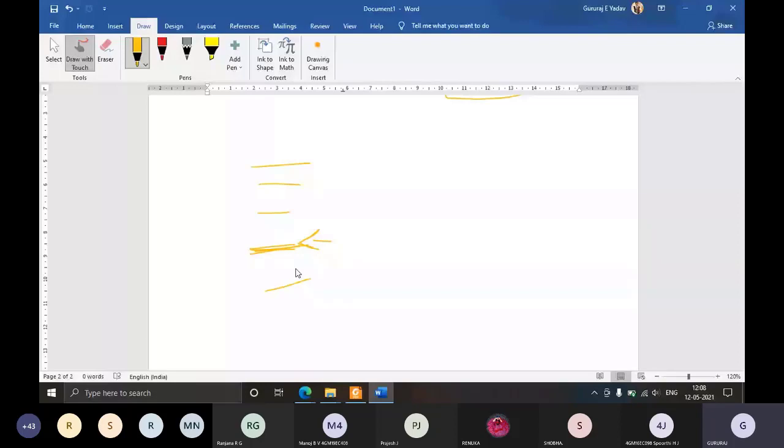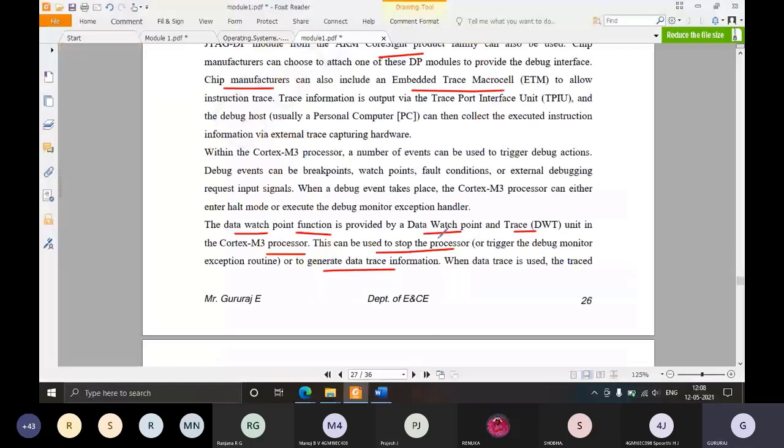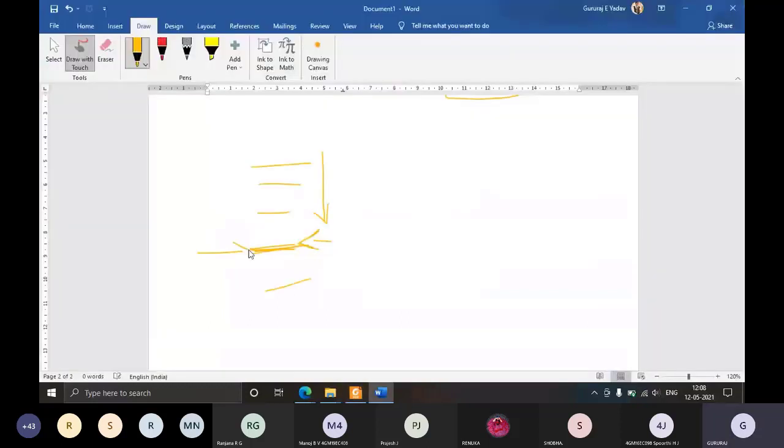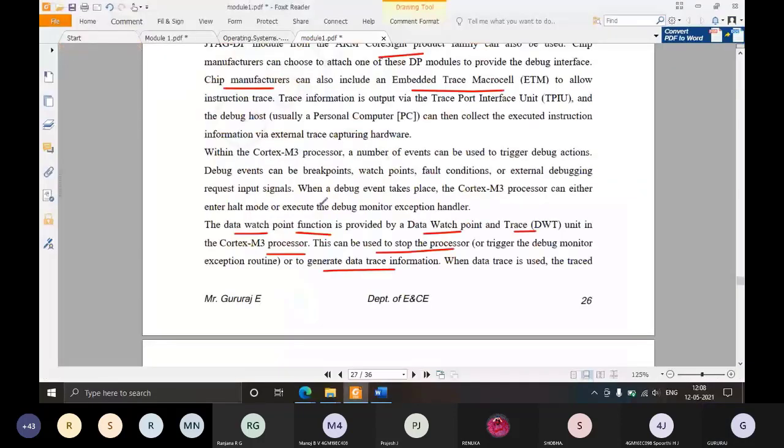This debugging technique is the data watchpoint and trace, DWT. You can place that tracker at this instruction. Whenever the execution starts from the first instruction and goes down one after the other, and reaches this instruction, it will pause the execution of the processor so that you can get the values of whatever happened after executing all the upper instructions. Whatever the intermediate results are, up to this particular instruction, you can check them here, because you have executed the operations up to this point. This is the debug interface.